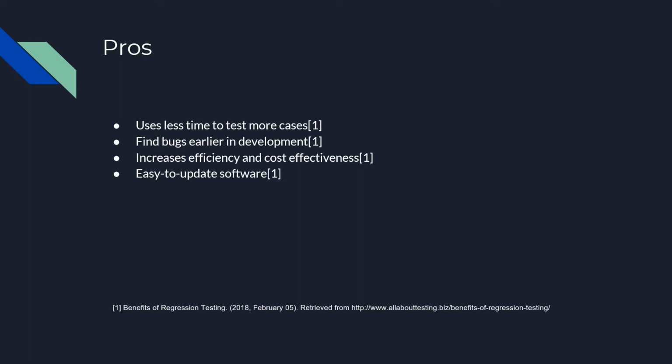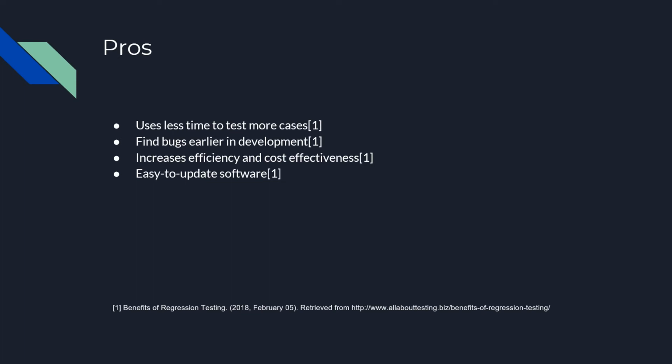The second pro is that it finds bugs earlier in the development process. Regression testing lets a firm know which bug is causing problems to applications following the software changes. The third pro is that it increases efficiency and cost effectiveness. Automation of regression testing cases allows the firm to keep the cost low by minimizing the team and involvement of